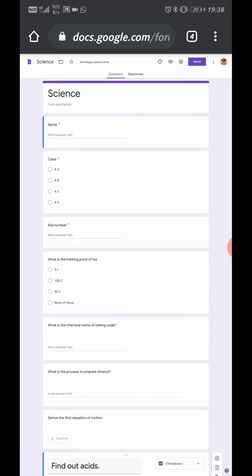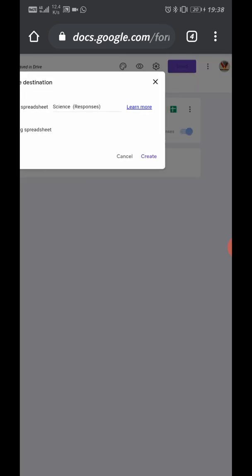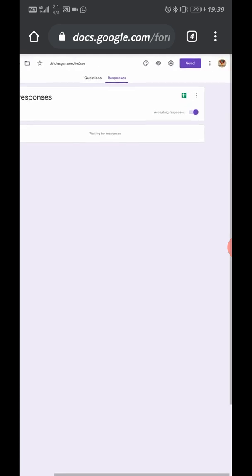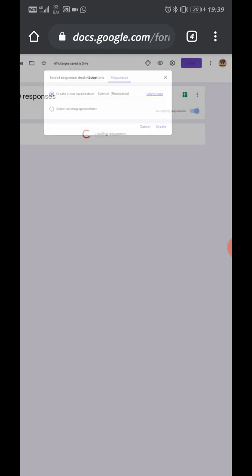Now the time is to know how your students will respond to the questions. Go to the responses. Now click this button. Here one spreadsheet will be created for the responses, means all the answers will be uploaded in a spreadsheet.